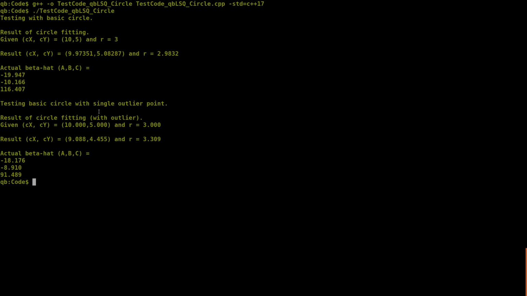And then we come to the test with the single outlier point, so given the same initial conditions, but notice now we get 9.08 and 4.45 for our center point and 3.3 for our radius, so we can see immediately from here that this is a considerably less good fit than we had in the simple case, and of course that was much more obvious from the plot that I showed back in the slides earlier, and that is simply a result of the fact that the single outlier positioned at 0, 0 significantly